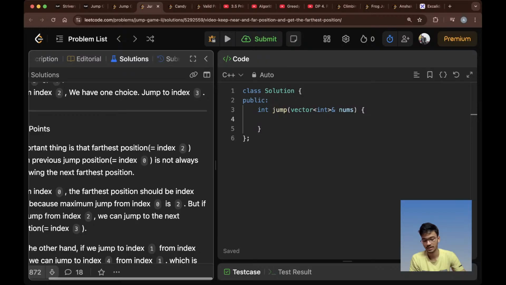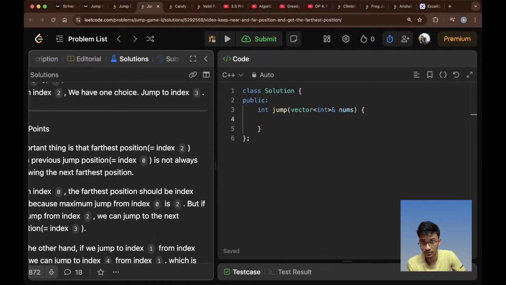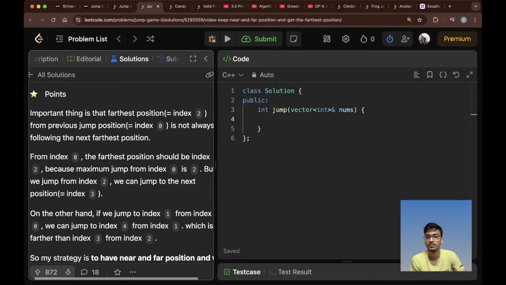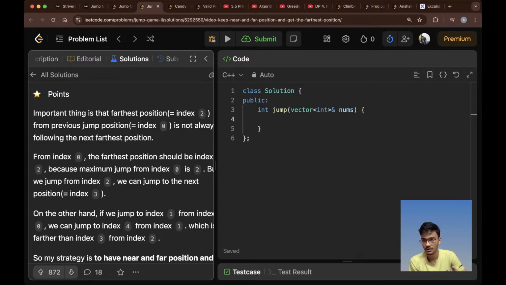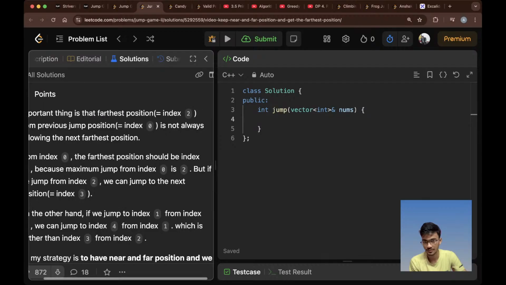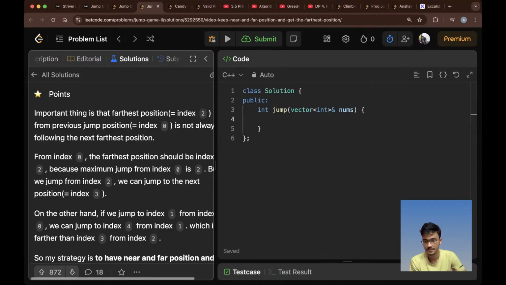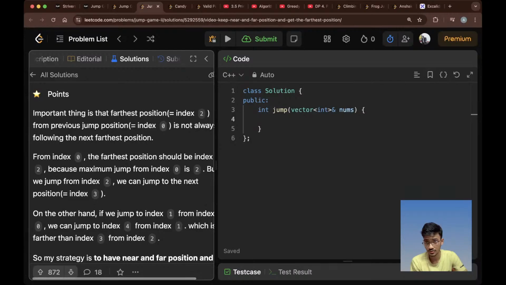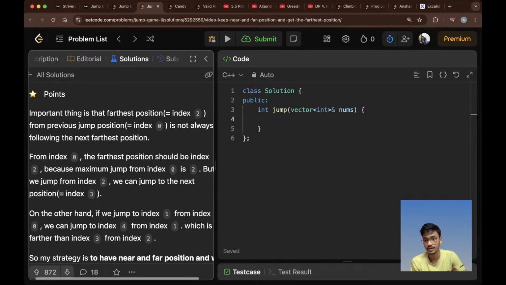The furthest position from the previous jump position is not always the next furthest position. For index 0, the furthest position should be index 2, because the maximum jump from 0 is 2. But if we jump from index 2, we can jump to the next position. If we jump to index